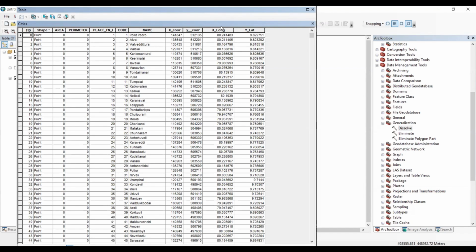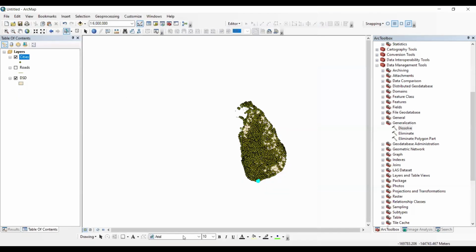That is why for uniform identification I have taken the decimal degrees. So this is about the calculation part for the geometry.